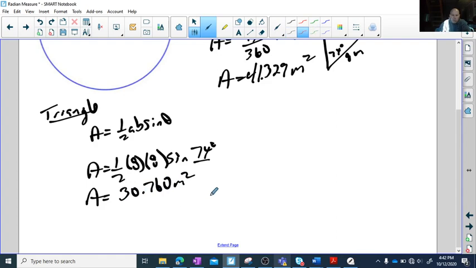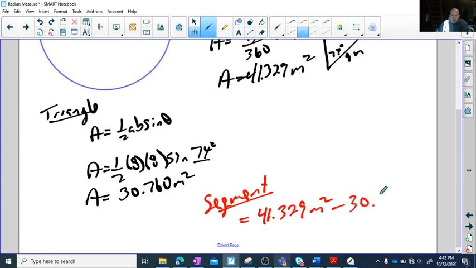So what we're looking for is the segment. The segment is the difference between those two. So it will be 41.329 square meters minus 30.760 square meters, giving me an area for that segment of 10.569